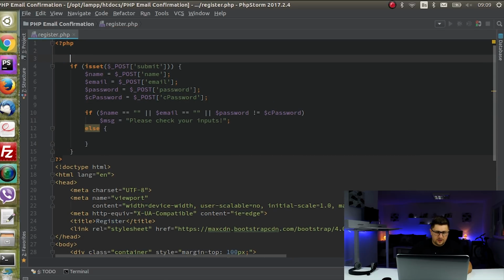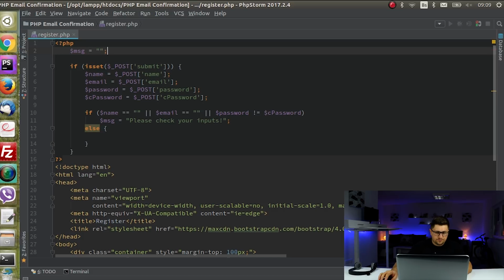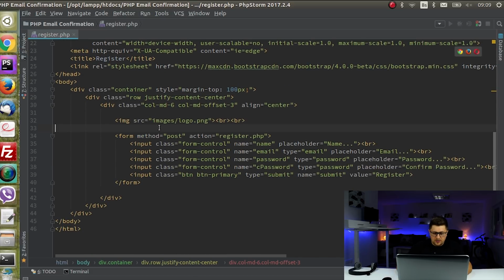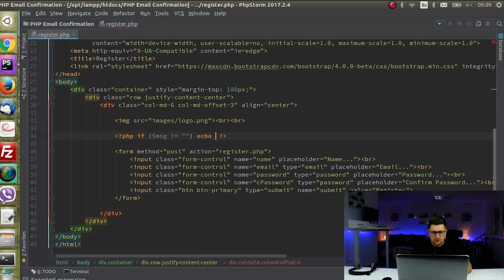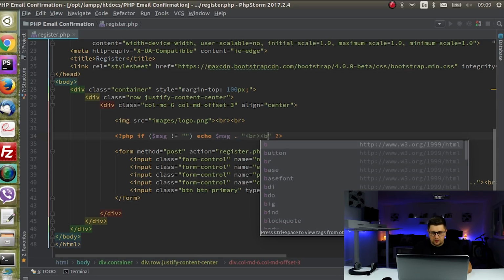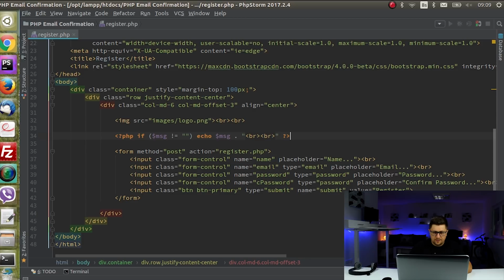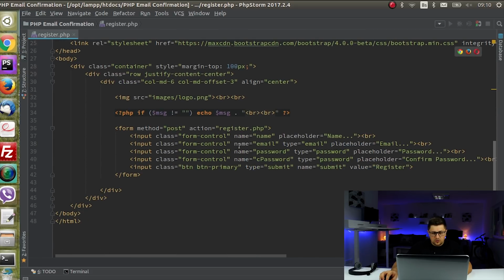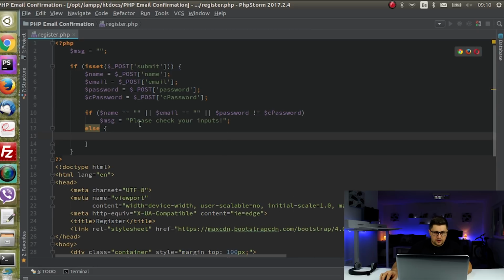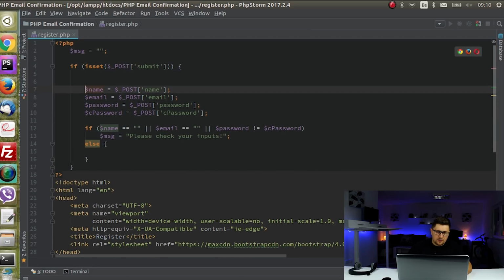So maybe let's define here one variable message, and here we will just display that message if it's not everything okay. So I'll say if message different than empty, echo message and 2 new lines. Okay, so here if everything is okay, we should put all the details inside our table, but before that